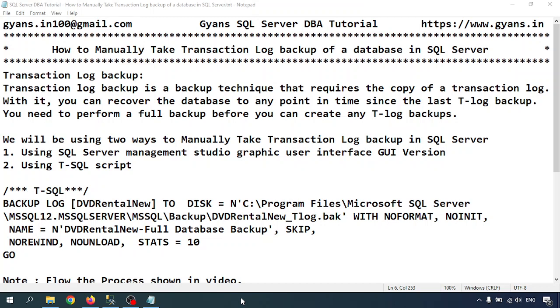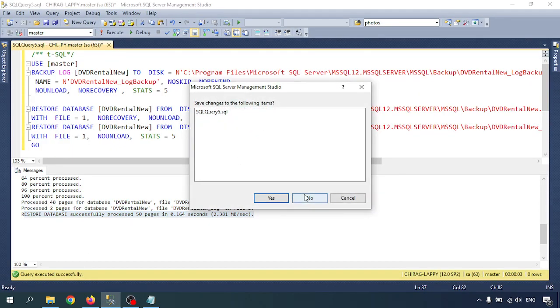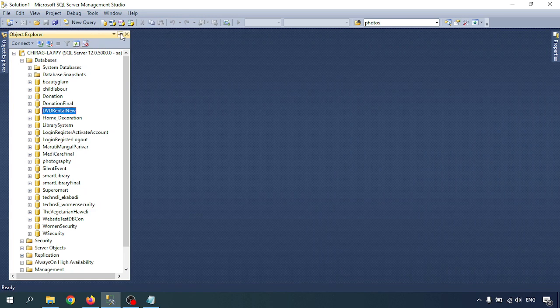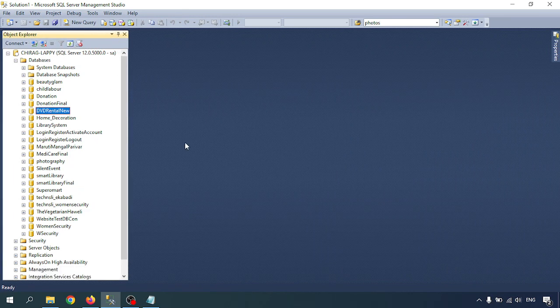You need to perform a full backup before you can create a T-log backup. Whenever you create the T-log backup, it will help you do point-in-time recovery. In this video, we'll go through two ways to manually take the transaction log backup: first, using the SQL Server Management Studio graphical user interface, and second, using the T-SQL script. So first, go to SQL Server Management Studio. This is my SQL Server Management Studio, and now I'm going to use it to take a backup of